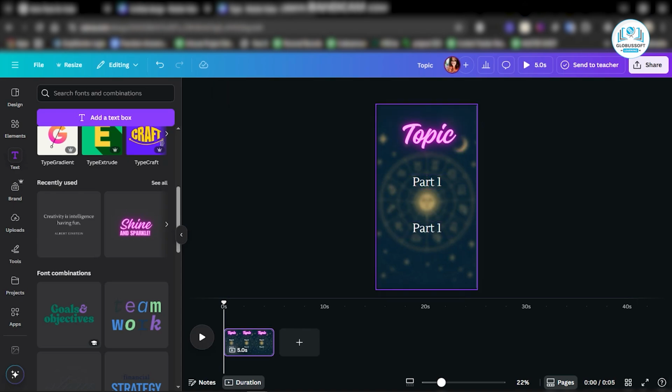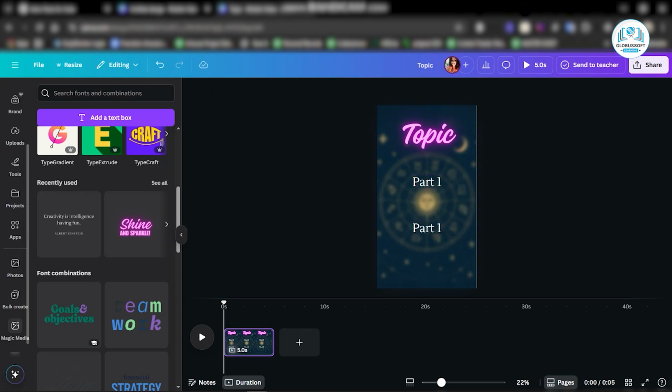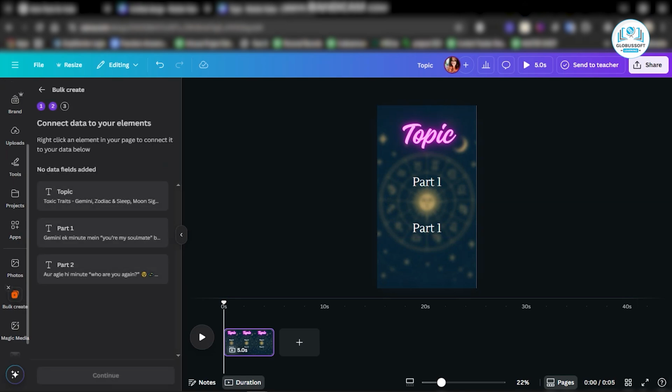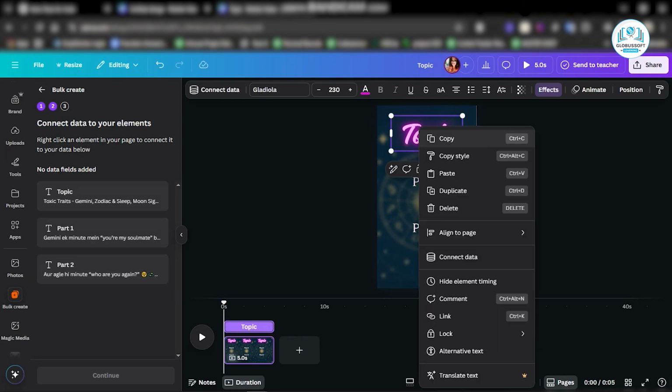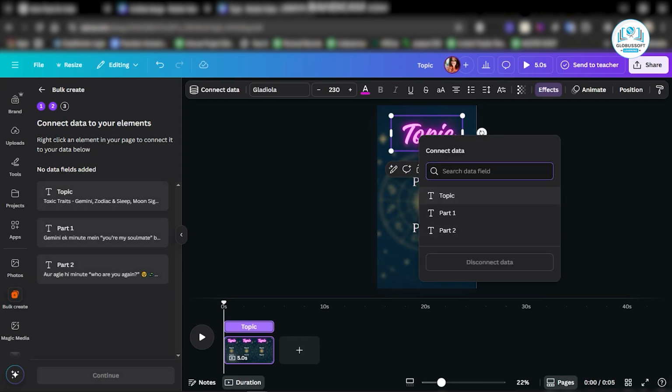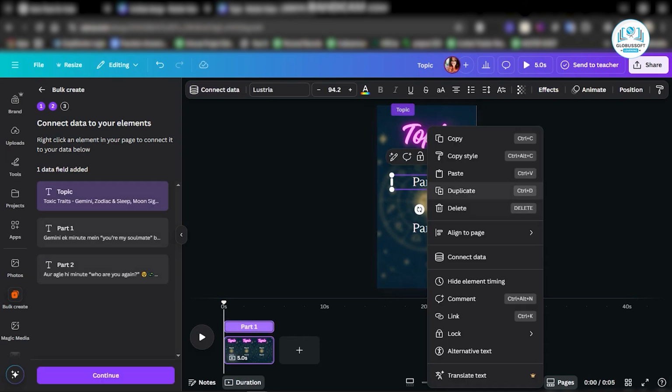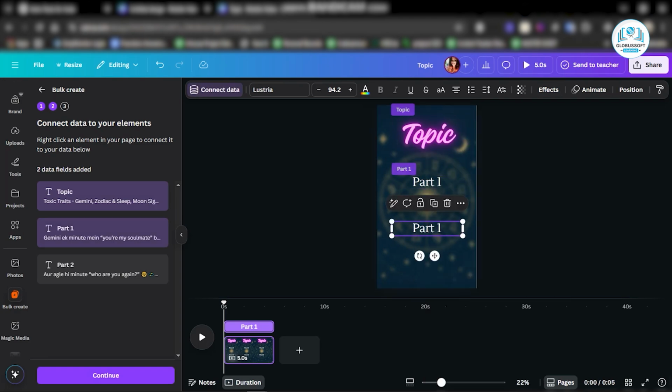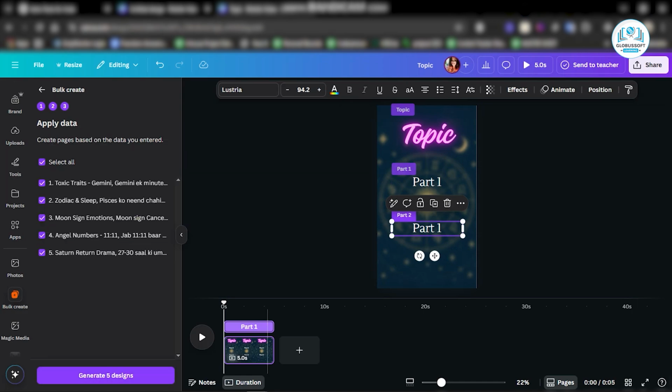Now I have to connect all these with the bulk data creation so that it can create the reels within a fraction of a second. Now when I tap on bulk create, I have to first right click on the topic, click on connect data, and connect topic to topic, part 1 to part 1, and again part 1 to part 2 because it will be the same body. Now when I click on continue and generate 5 designs,